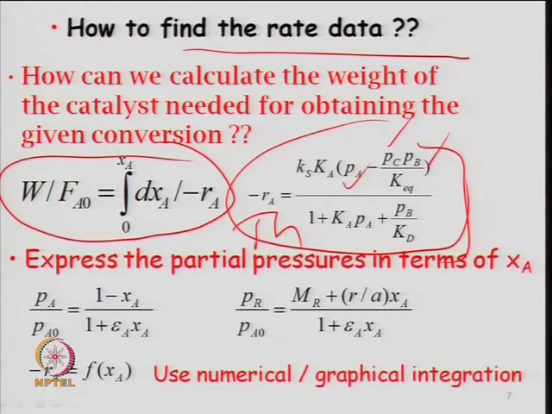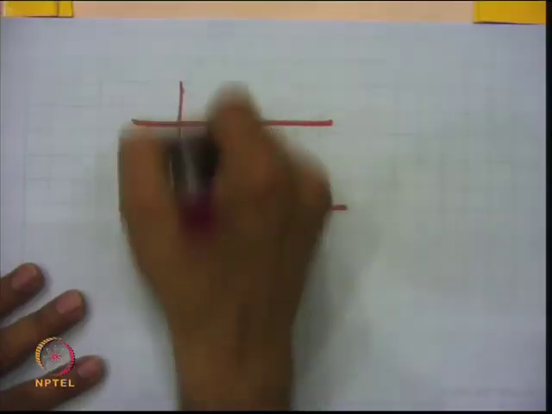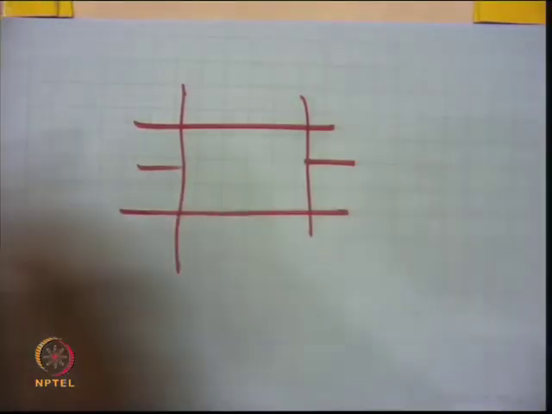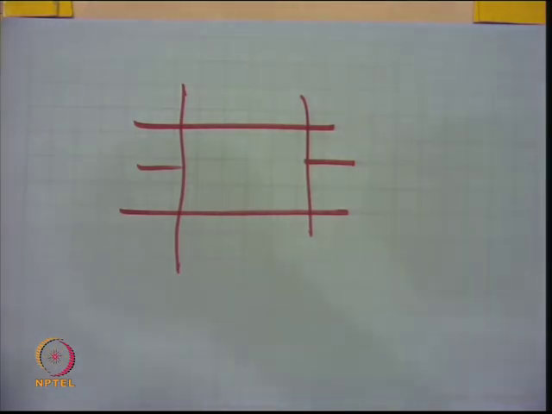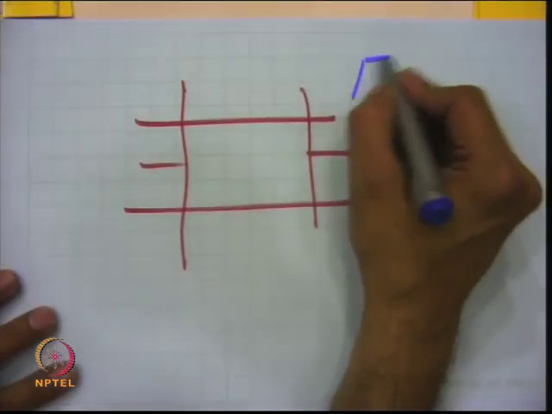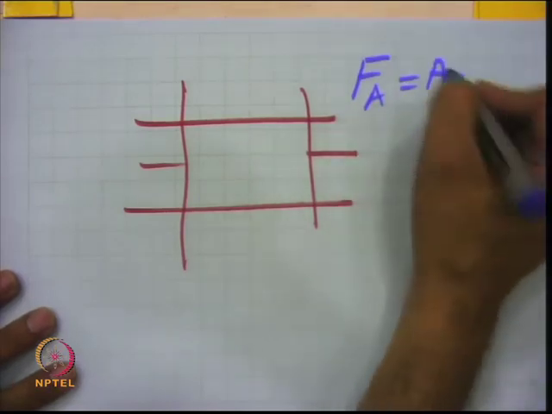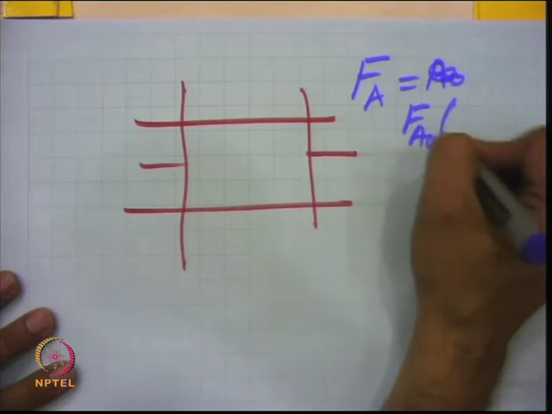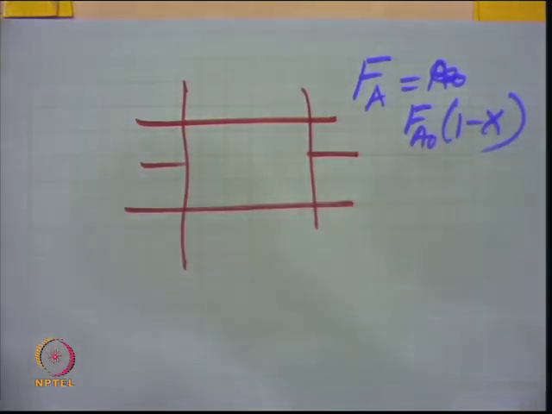And so, now you can linearize, as I discussed last time, or you just look at the rate data and validate it for this case as a function of partial pressure, and partial pressure is related to conversion, correct. So, in general, as I said, partial pressure is changing down the length, whether you write in terms of partial pressure or in terms of concentration. So, F A, you know, is always given by F A naught times 1 minus x.